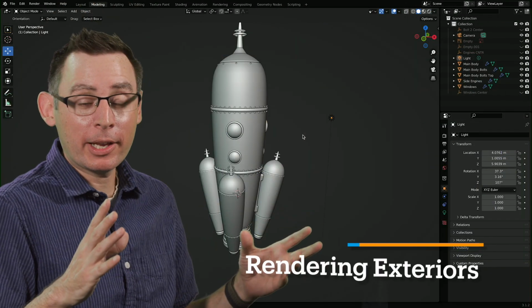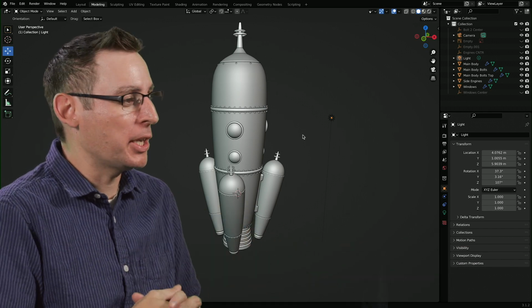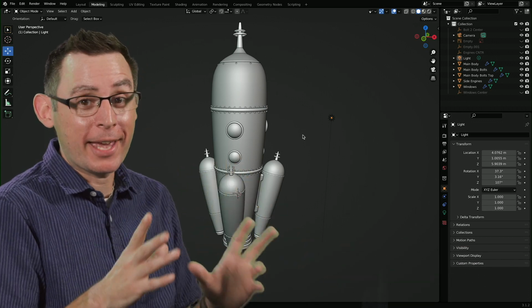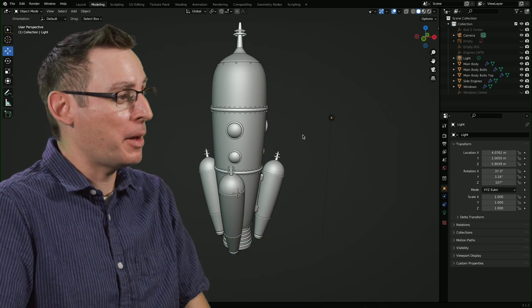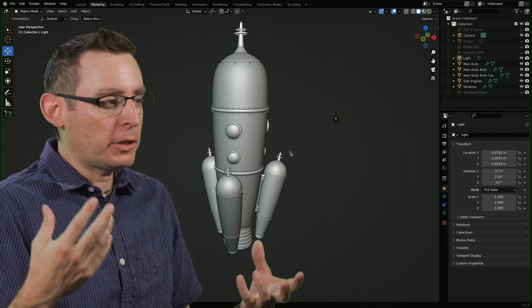I've finished modeling my rocket ship and I'm ready to start rendering it out and making a cool, pretty picture of what you see here. And I'm pretty jazzed and incredibly excited about the final model itself. But now let's start creating a simple little scene to really flesh it out a little bit.